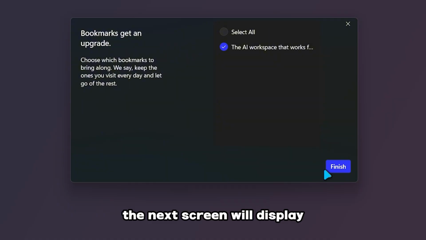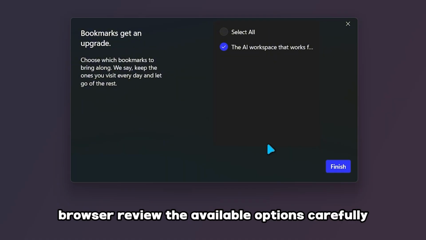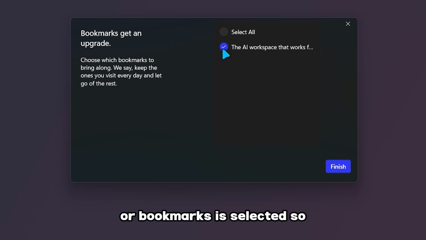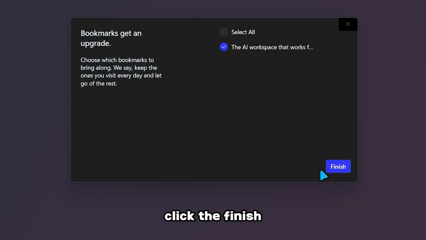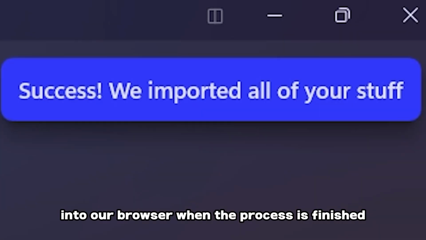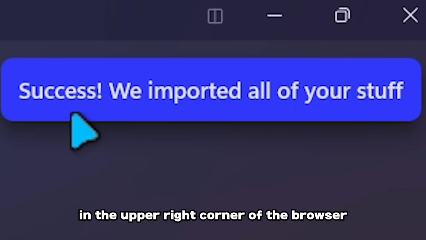The next screen will display a list of items that can be imported from the selected browser. Review the available options carefully and make sure the circle beside Favorites or Bookmarks is selected so only your saved bookmarks are included in the import process. Once you have confirmed the correct option is checked, click the Finish button to begin importing your bookmarks into LGKE browser. When the process is finished, a notification will appear in the upper right corner of the browser confirming that